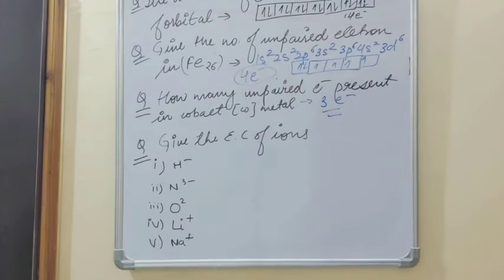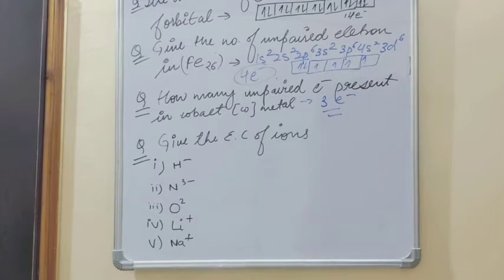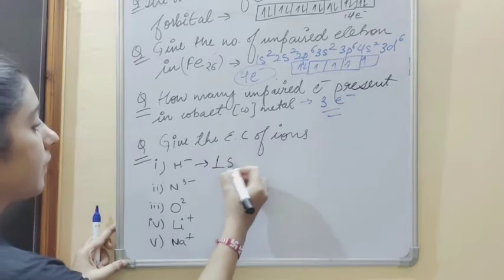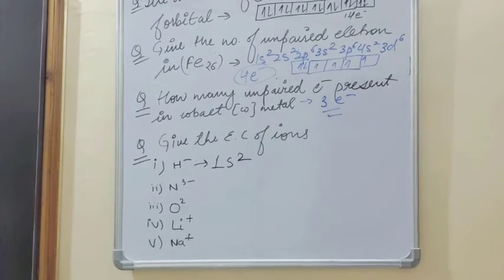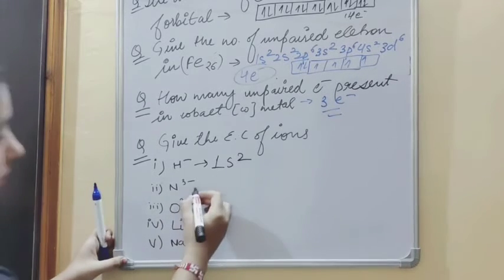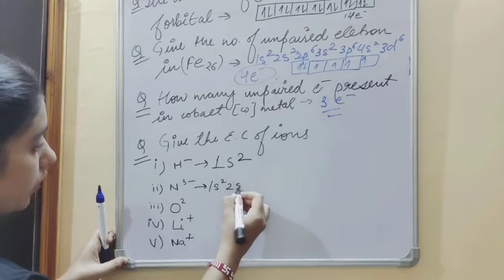Now give the electronic configuration for the ions. The first one is hydrogen, which has electronic configuration 1s1, and the negative sign indicates the addition of one more electron. So the electronic configuration will be 1s2. Next one is nitrogen 3 negative, meaning again there is addition of 3 electrons, so the electronic configuration will become 1s2, 2s2,